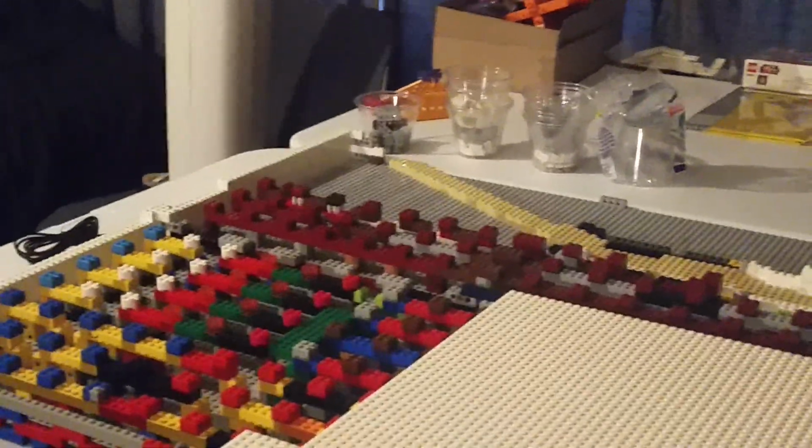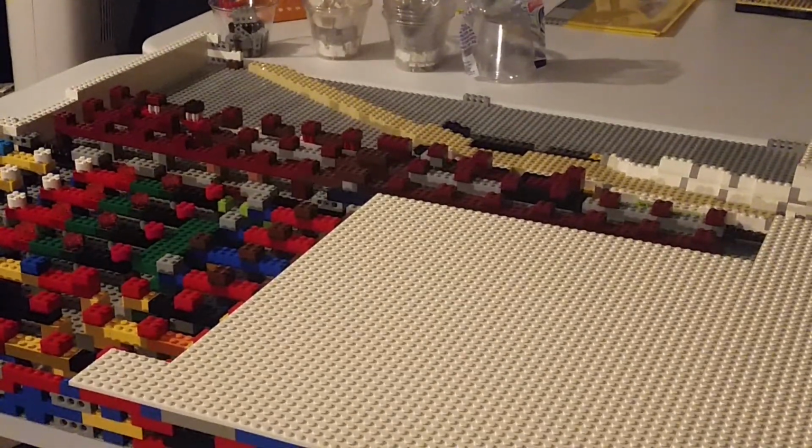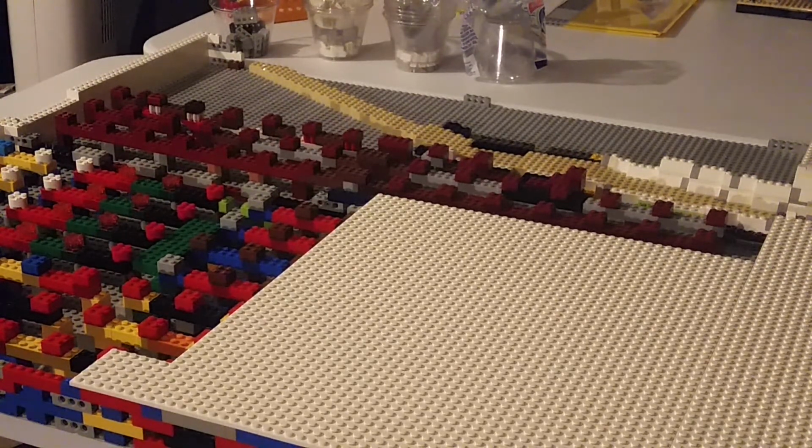And I also added some more white 6x6 plates. Now the reason why I was able to do this, in last episode I was like, okay, I ran out, I was completely out. That is true. Basically, I was like, I'm completely out, I'm gonna have to purchase more. And no, I did not purchase more, but